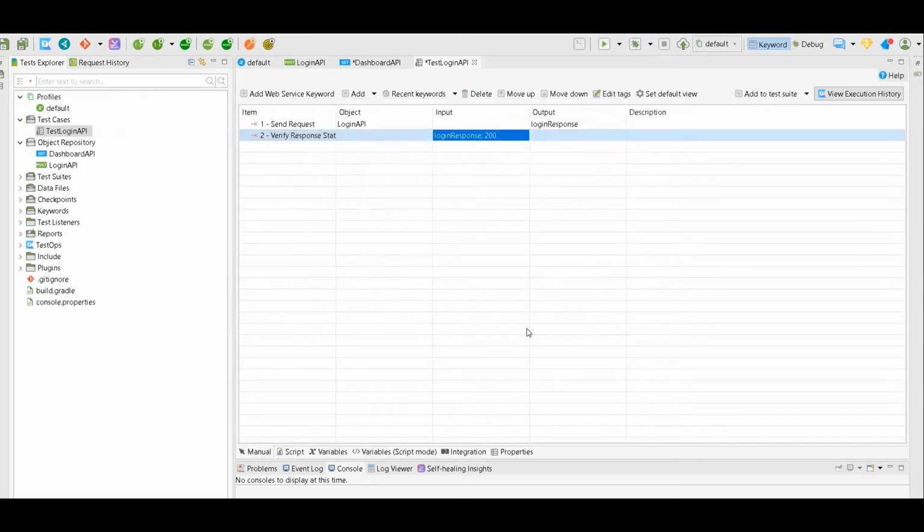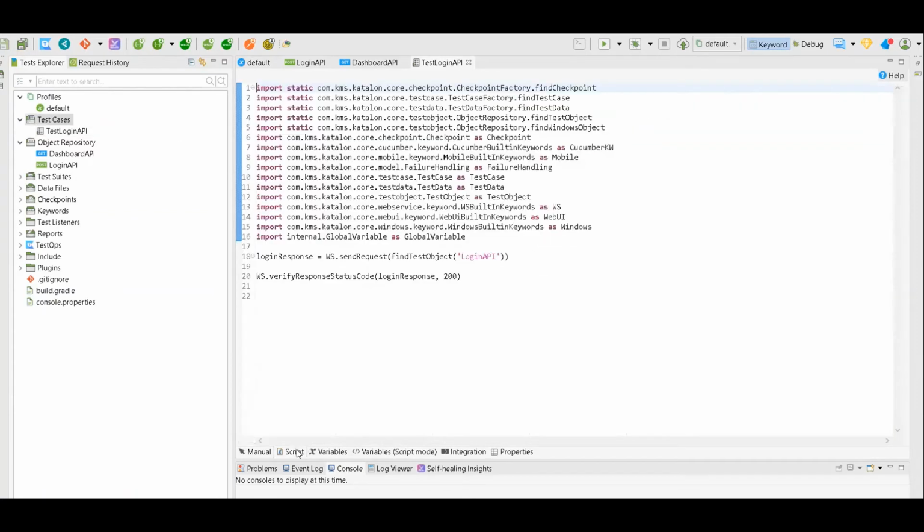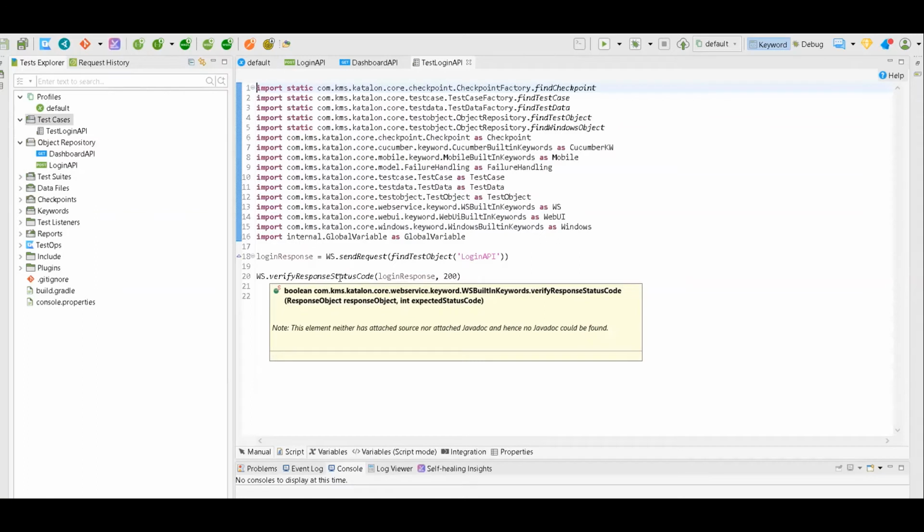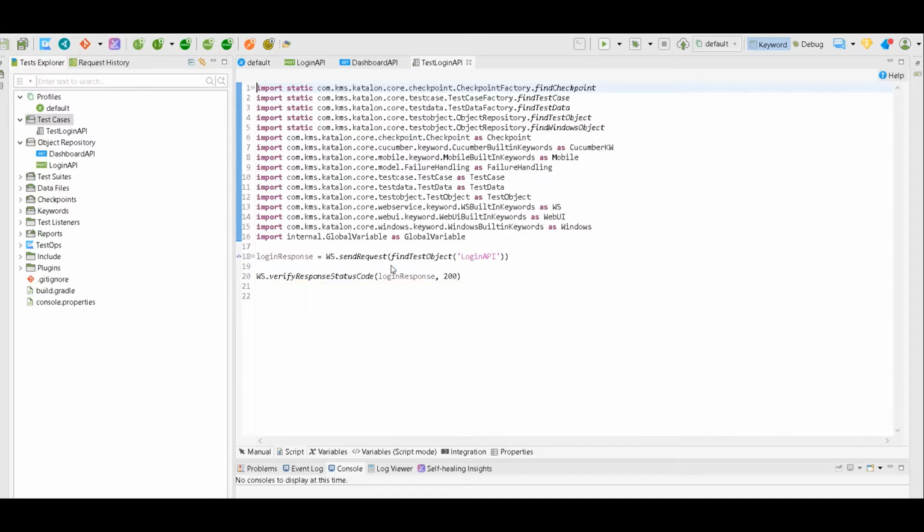Okay, and you save it. Once you save it, you can go back to the script section and verify that everything is correct. So verify login response. What does it expect? It expects status code. It expects response object. So you gave those two things here, response object and status code.